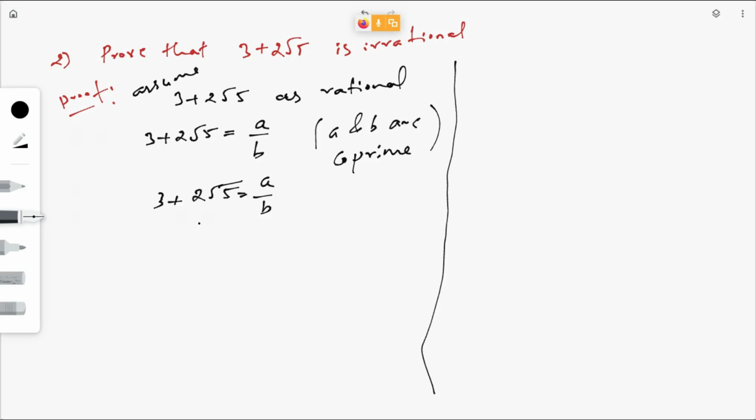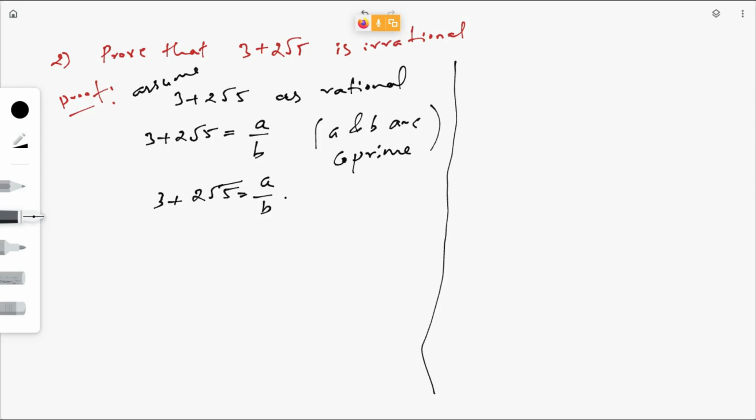Okay, so before squaring, see here, this squaring is not required in this problem. It is simpler than that. When you square this one you will get some complicated number. In the previous problem we had just root 5 is equal to a by b, and then root 2 is equal to a by b. In such cases you can square on both sides, but here we have 3 plus 2 root 5. So in such cases, just take these two numbers to the RHS.